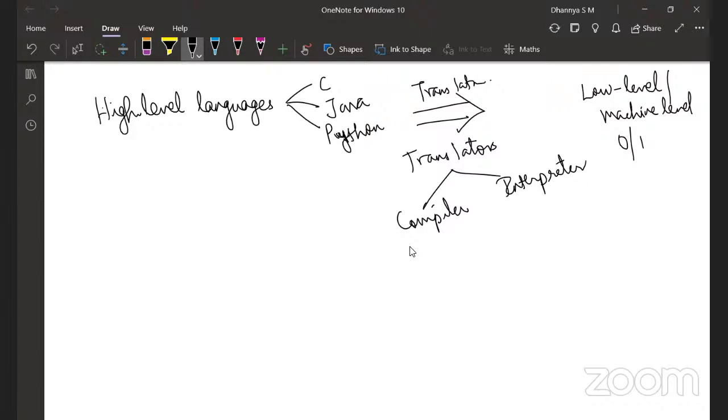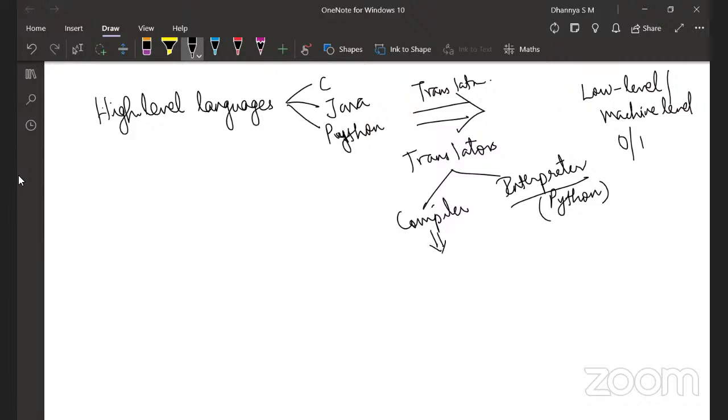So far, good? Yes, ma'am. Okay. Now, as you all know, Python, the language that you're all familiar with, uses an interpreter. The code that we write in Python is translated to the low-level language using an interpreter. In the case of Java, there are two phases that happen, but generally we call Java a compiled language, but still you have two phases happening.